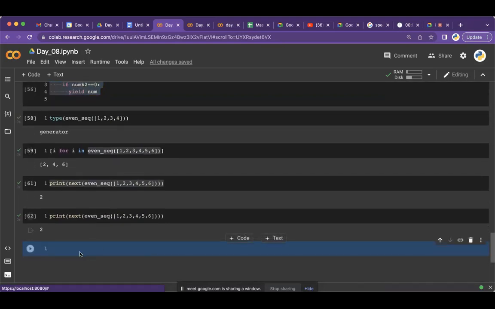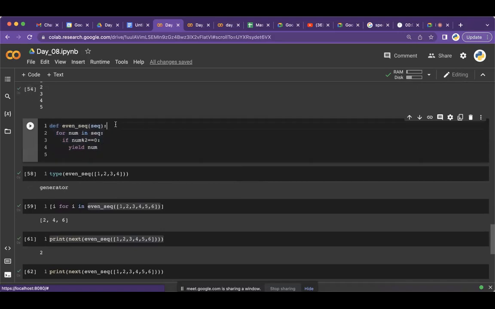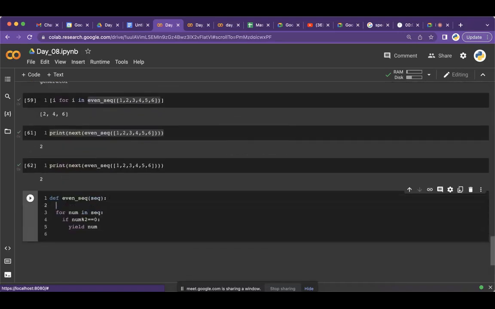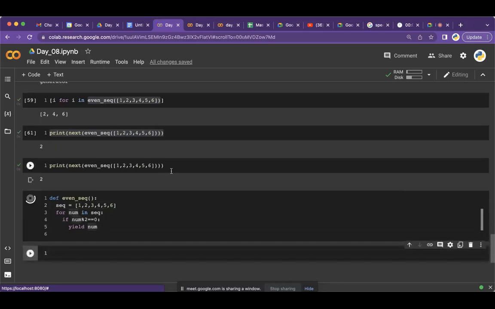This I am going to create in a different way now. I will not take a sequence here. I'm going to create my own hard-coded sequence. And now I'm going to show you the importance of yield. 1, 2, 3, 4, 5, 6. That's all. Now let me write this, and now if I call this here,